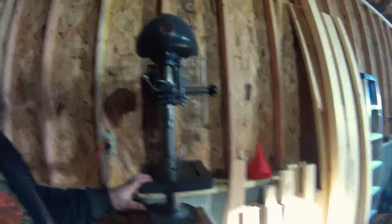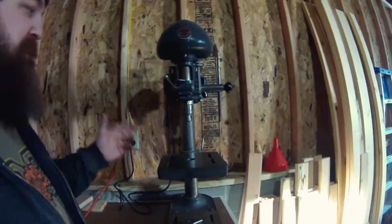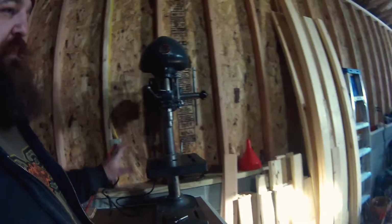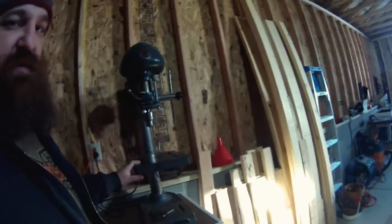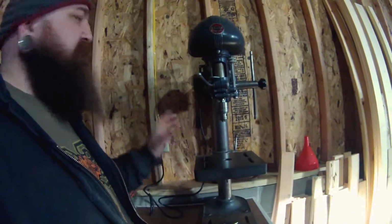I looked at a lot of different drill presses to try and buy a new one, small bench tops and even floor models and things like that. None of them were built as good as this thing. And everything's all smooth, it's pretty rust free. There's only one problem with it,